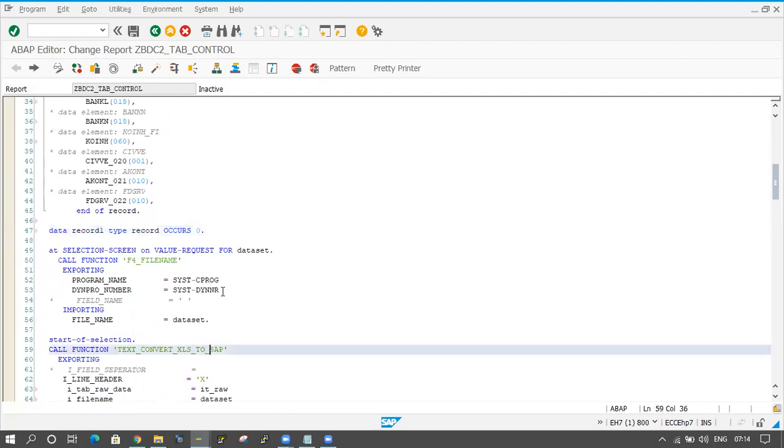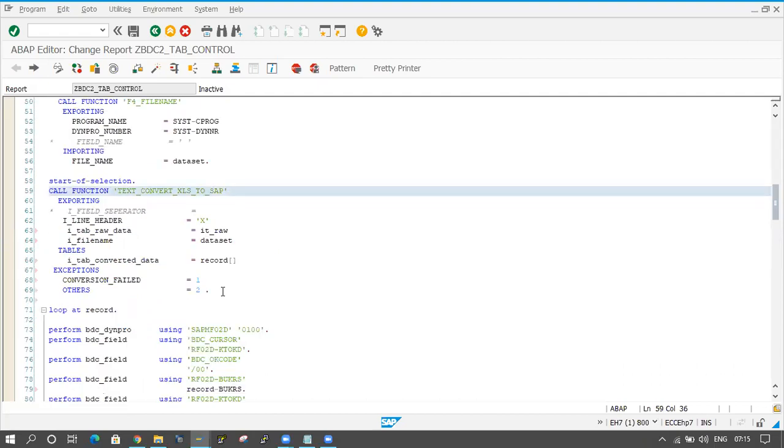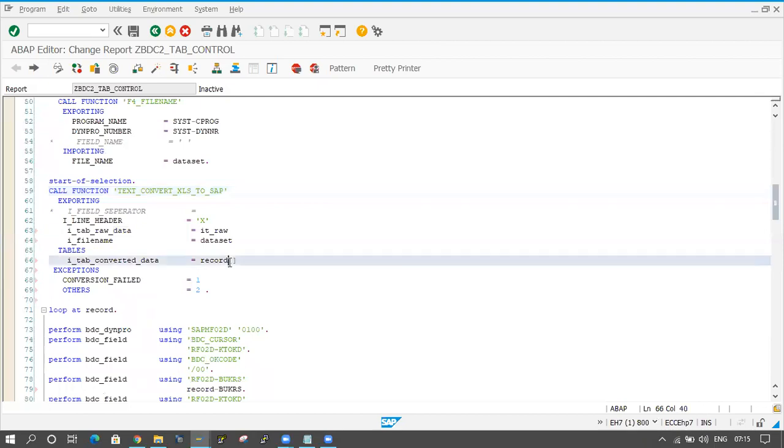Now I will pass the data here. I mean, I'm fetching the data here, right? So whenever I'm fetching the data, I will pass the data to record only.